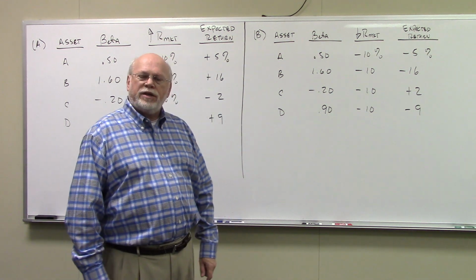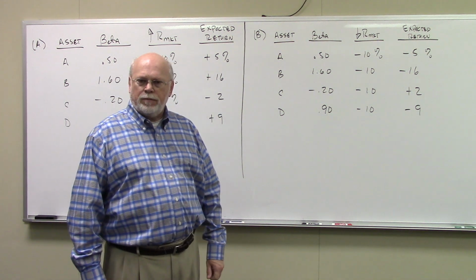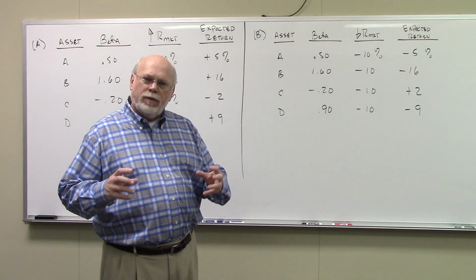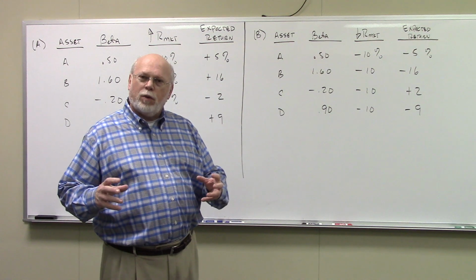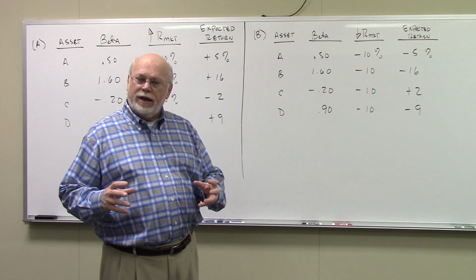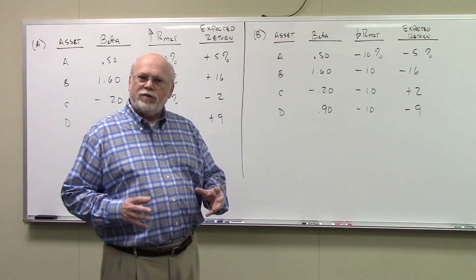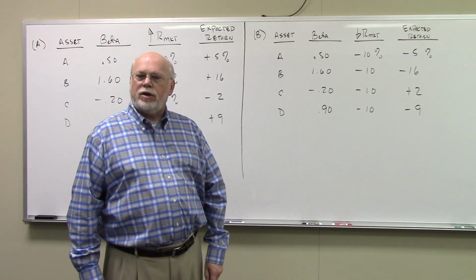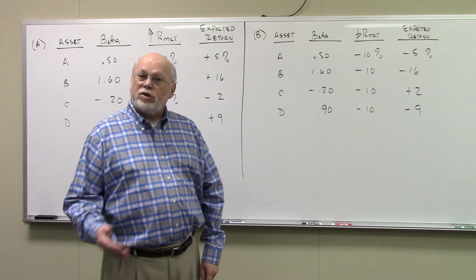But these are betas. They measure systematic risk. I think it's instructive to look at betas in their percentage formats as opposed to the decimal format. But everything is relative to the market, and beta is the way you measure what's called market risk or systematic